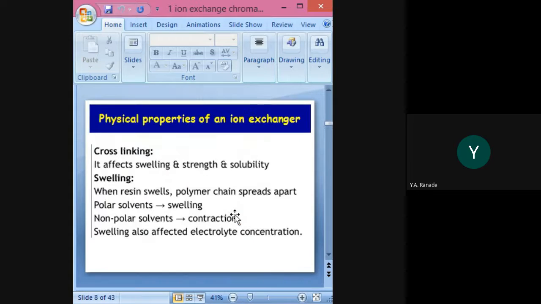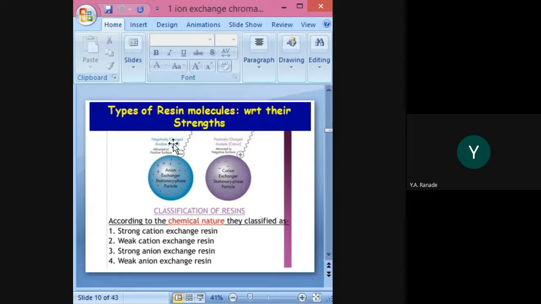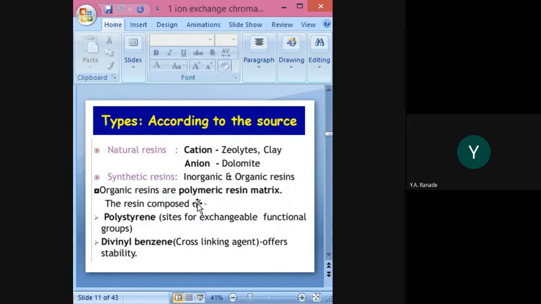The overall thing you need to consider is the type of resins or the type of ion exchange molecules. This is considered to be an anionic exchanger, which has positively charged functional groups. So a negatively charged thing is going to be attached to this anionic exchanger, and vice versa for the cation exchanger. The ion exchanger resins are also classified depending upon their strength, that means strong ion exchangers or weak ion exchangers. Again, this can be considered a classification.